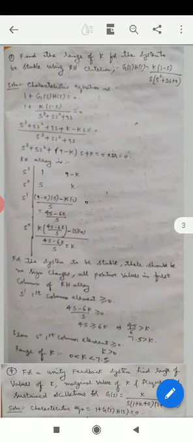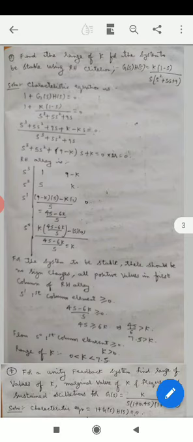Now, the Routh array. First we write the highest power of S, which is S cube. Its coefficient is 1. Then S power 3 minus 2, which is 1, so the S power 1 coefficient is 9 minus K. In the second row, the next highest power of S is S square, whose coefficient is 5. Similarly, 2 minus 2 is 0, so the S power 0 coefficient is K. So you'll write it as K.